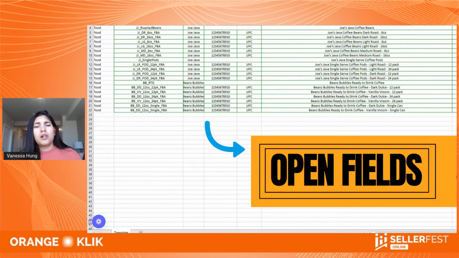So for example, the SKU is an open field where you can put up to 40 characters. And the product ID type is a closed field because it only has a certain amount of options. So you have UPC, ASIN, EAN, ISBN, stuff like that. But you cannot input something like barcode, right? You cannot write your own input. It's just what is there.